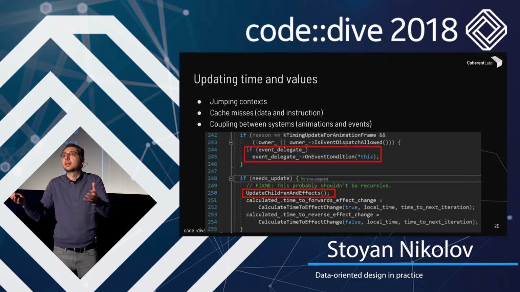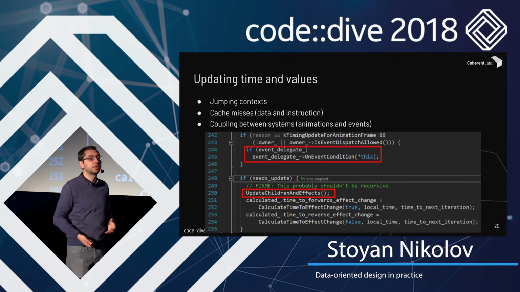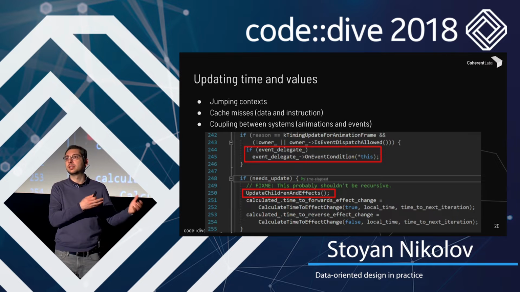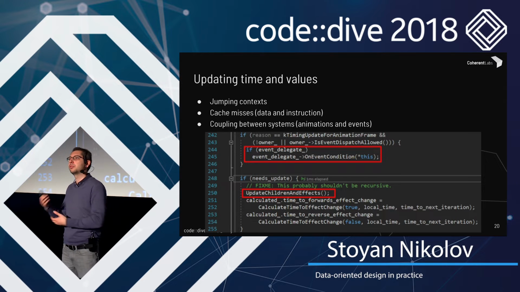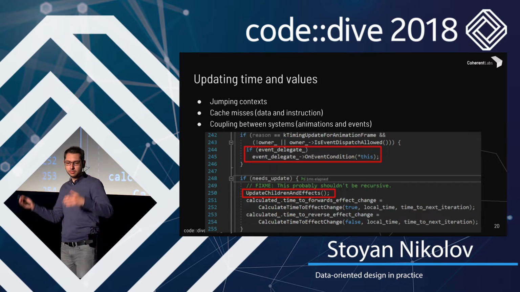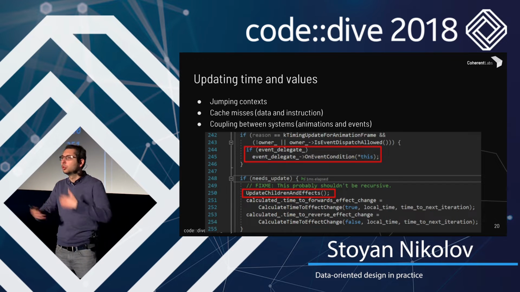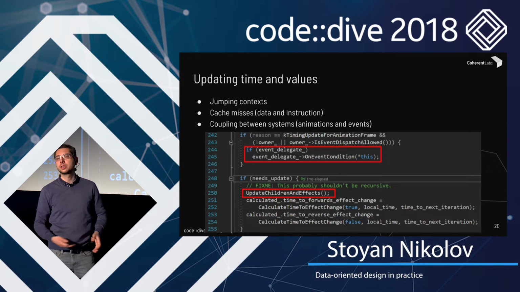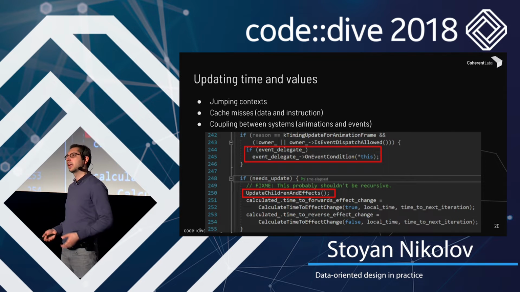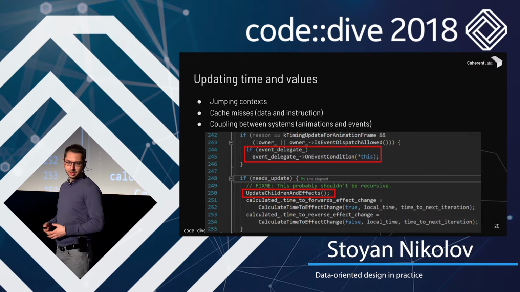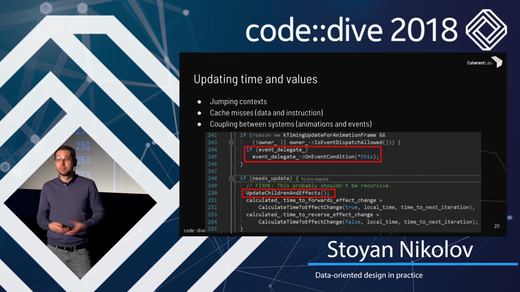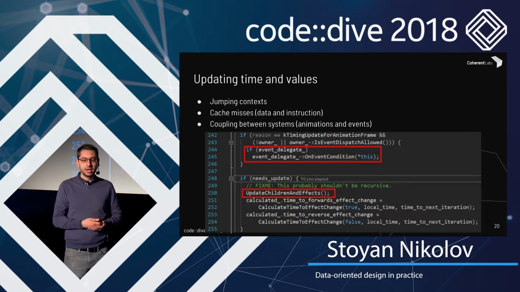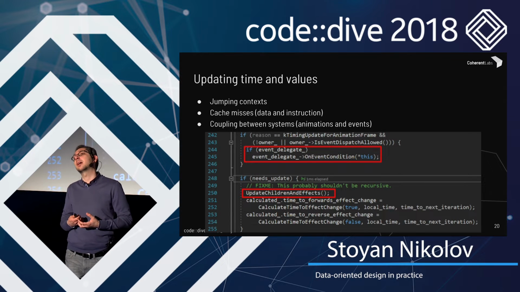We don't know what's going on there. But if we call JavaScript, it will evict all the data that we have in our caches, because we will have to load a bunch of other data that is called. It will have to do something on that and then return to the context of our animations and reload all the data that we had again. So it's a performance penalty. Then we have the fact that we're coupling our systems.